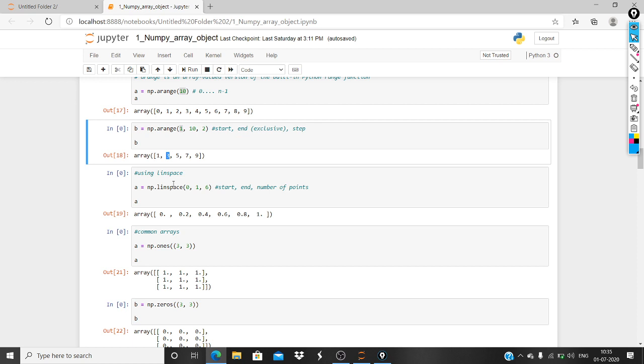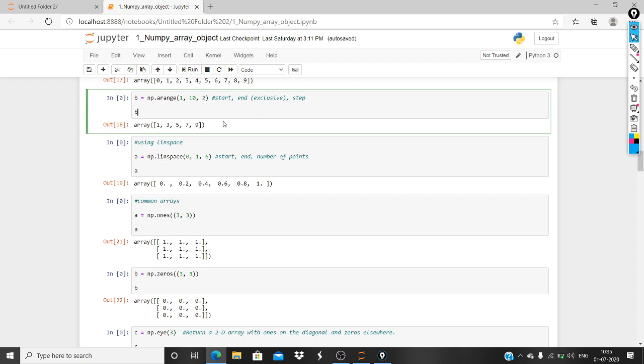Step size of 2 means one element is left and the next element of that list will be printed. So you can do a step size of 5 or anything.